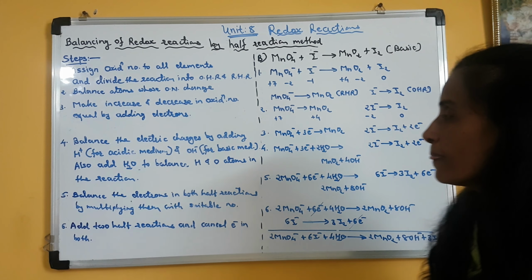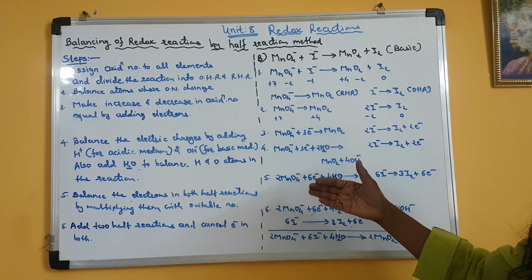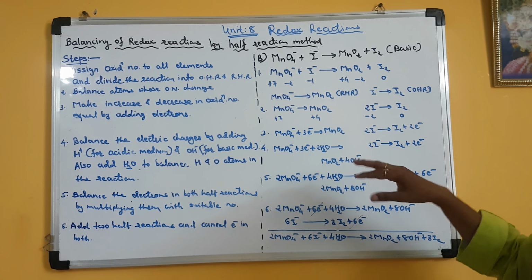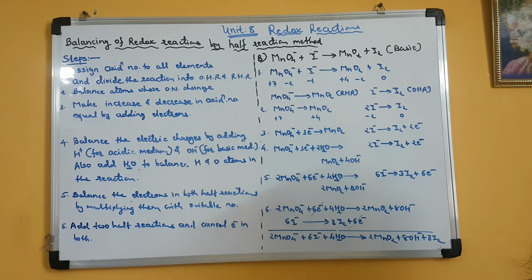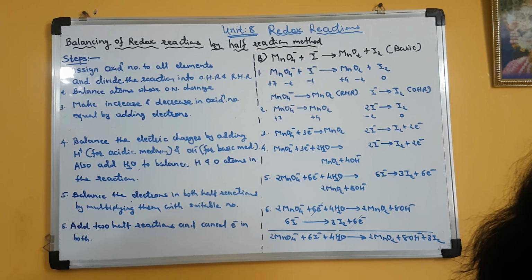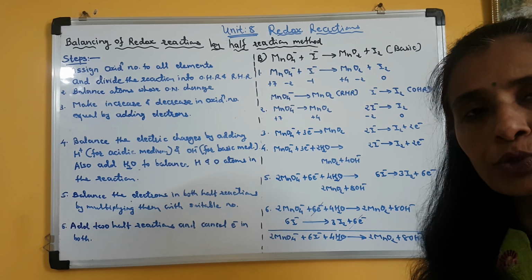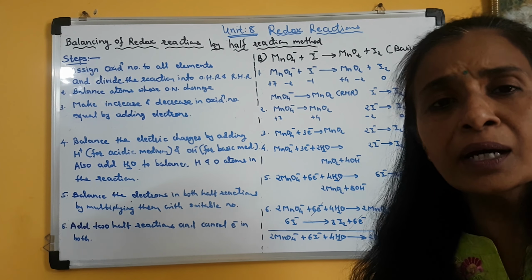Clear? So now we have discussed the half reaction method by taking 2 different examples in acidic and basic medium. The same we discussed for the oxidation number method also. So I hope both the methods with all 4 examples are now clear to you. So now you will definitely be able to solve the reactions given in the exercise.